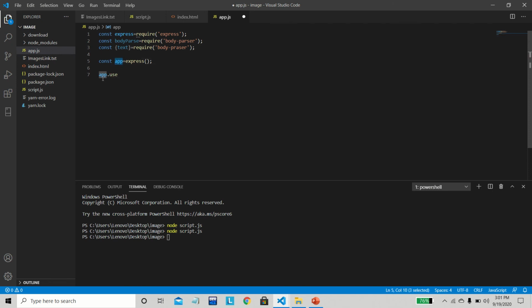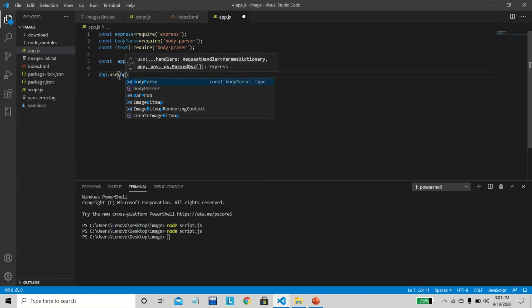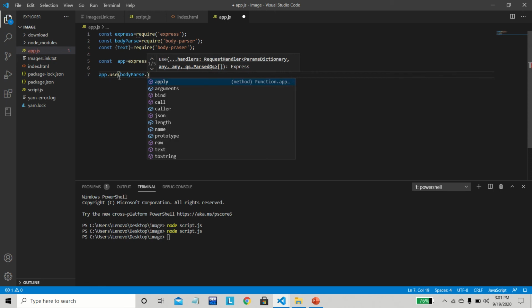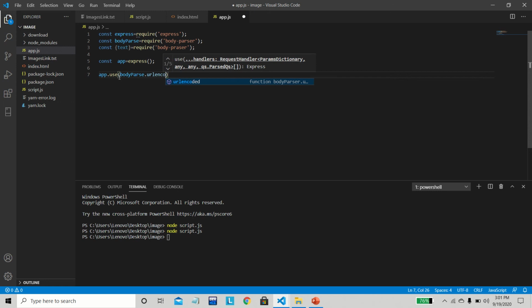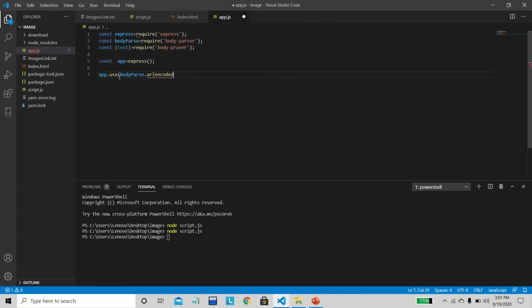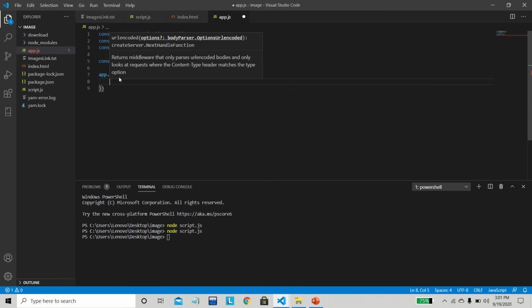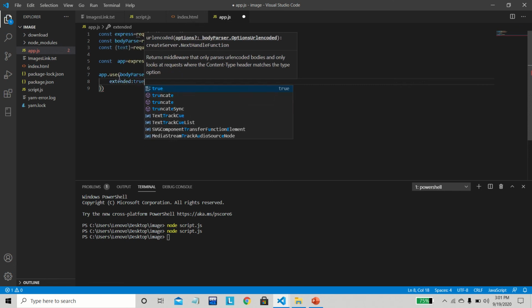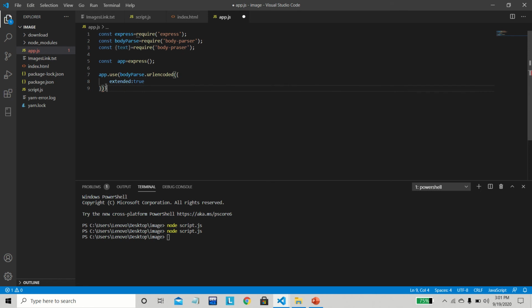If you are defining something else, you can change it accordingly. So app.use, bodyParser.urlencoded, and I will also set extended as true. Okay, so this is just declaration, nothing great in this.